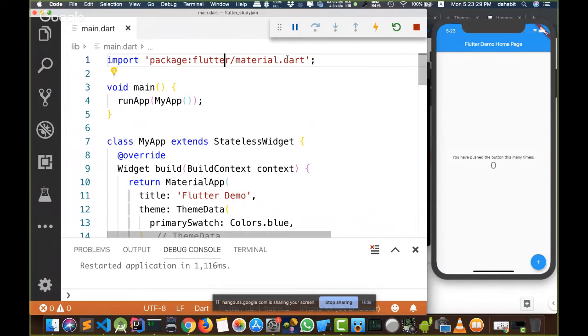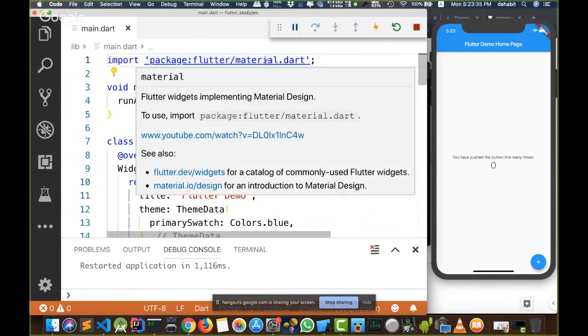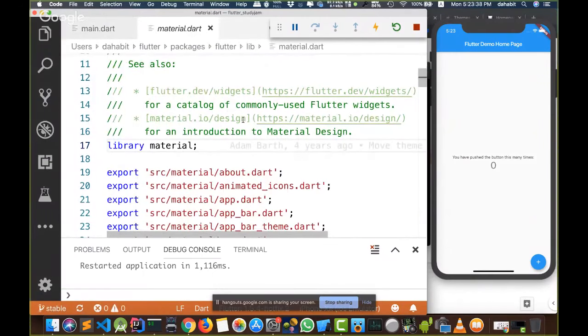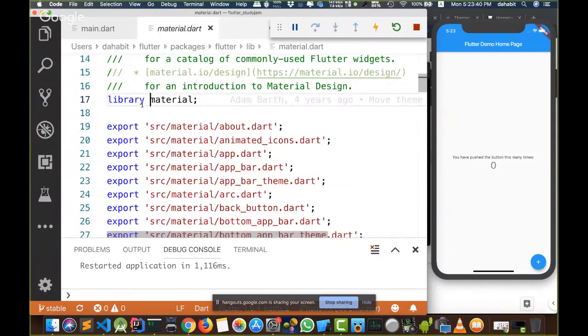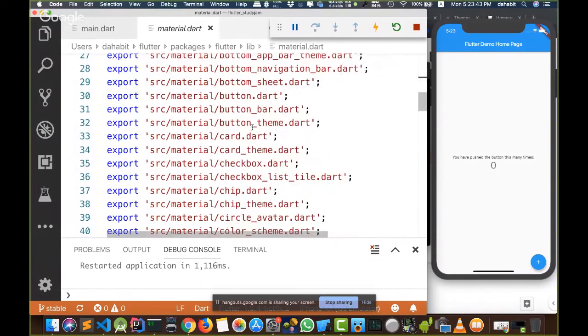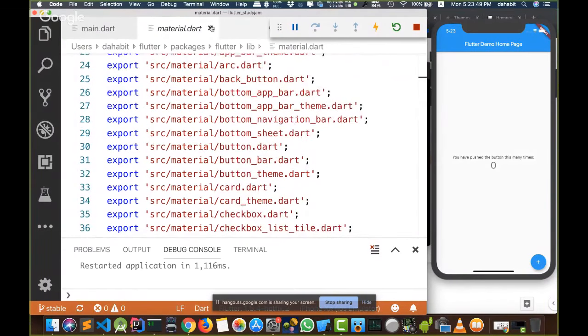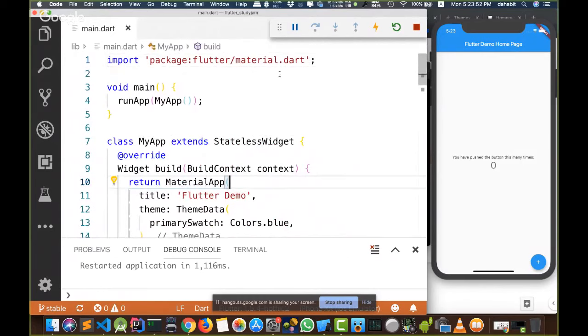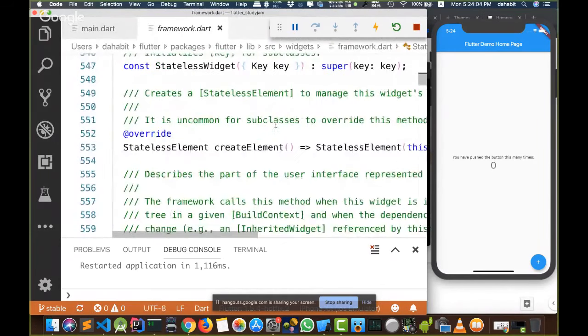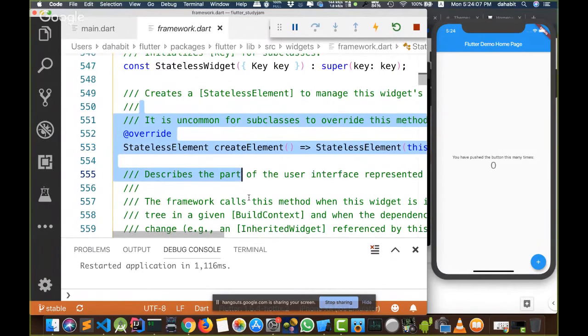Library based means you can merge or combine a lot of classes inside one library. If we check the material library here, as we can see, library material, and you will find a lot of classes responsible for many pre-made widgets that you can use inside Flutter. And how did I get to this page? I just clicked Command or Control. Anytime, if you don't know anything about a specific widget or specific element on the screen, just press Control or Command and click on this widget, and you will find great information about this widget, and we will see that more by example now, inshallah ta'ala.